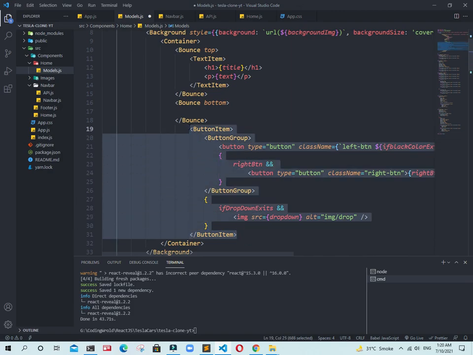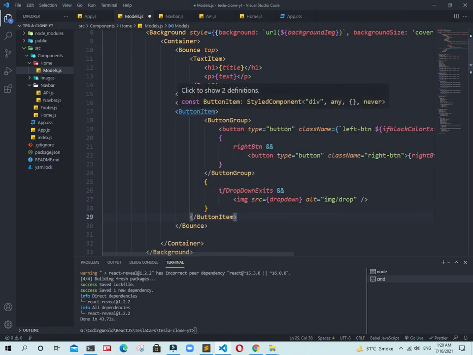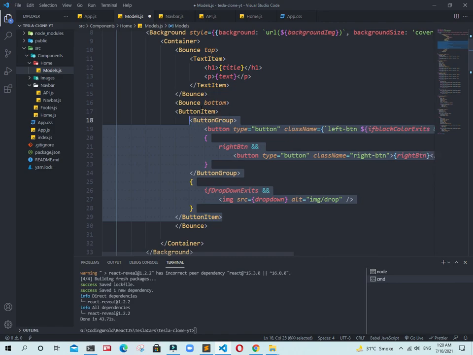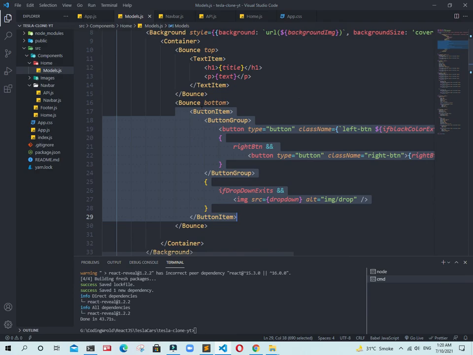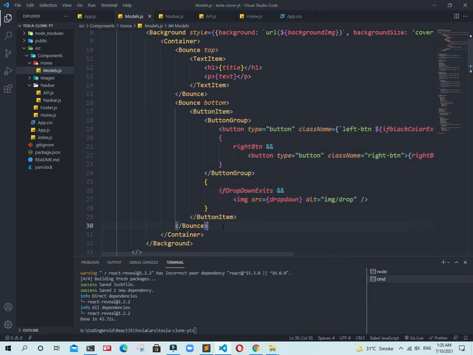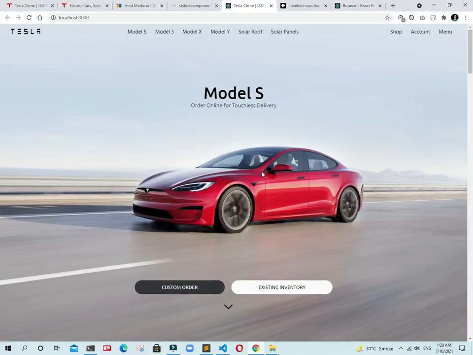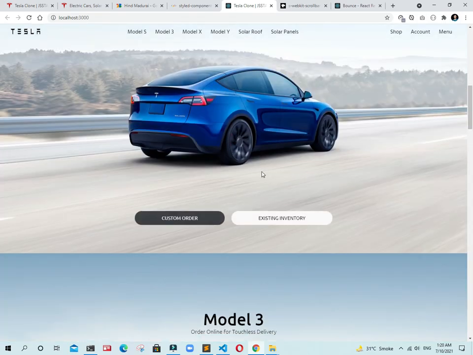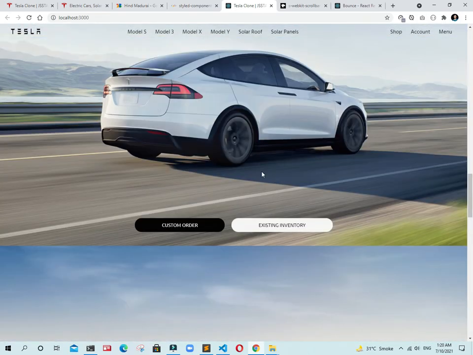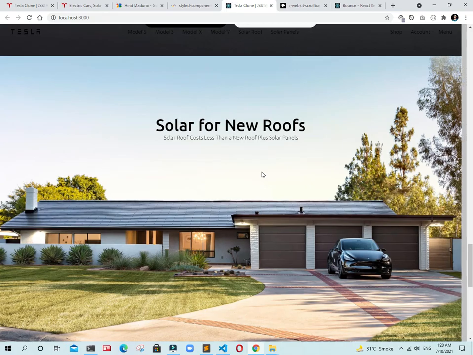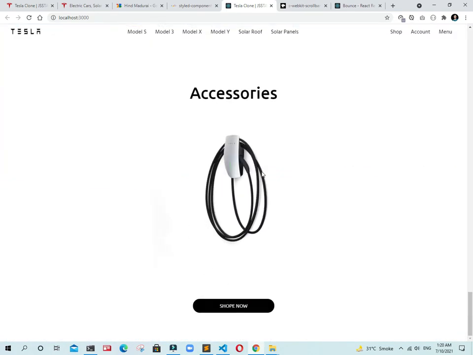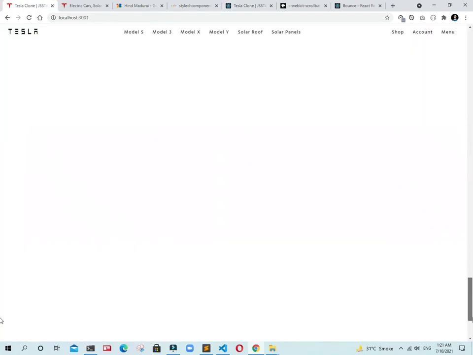Guys, just cut out this one. It's going to be this, and we need to add a syntax there. Now it's cool, guys. I am deleting this terminal. Go back to our project. Guys, I really love Tesla. Teslas are amazing. But we did not have a footer.